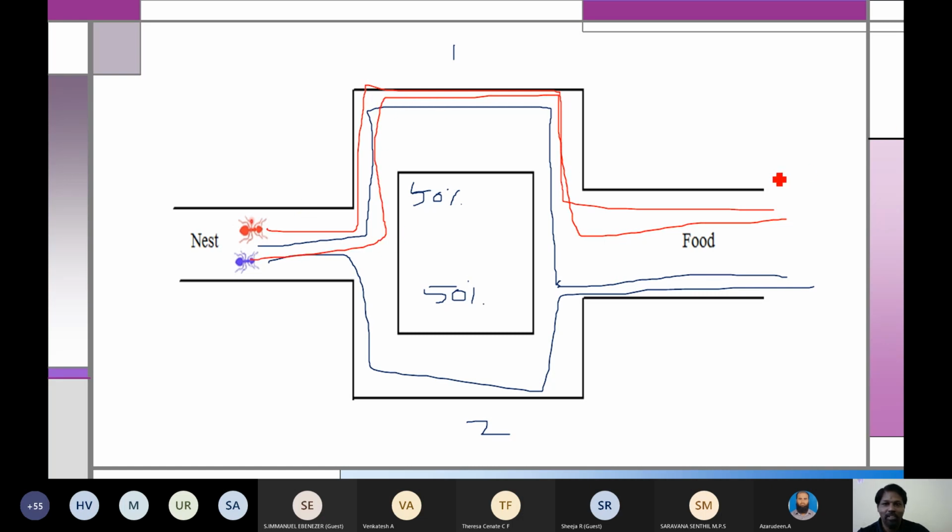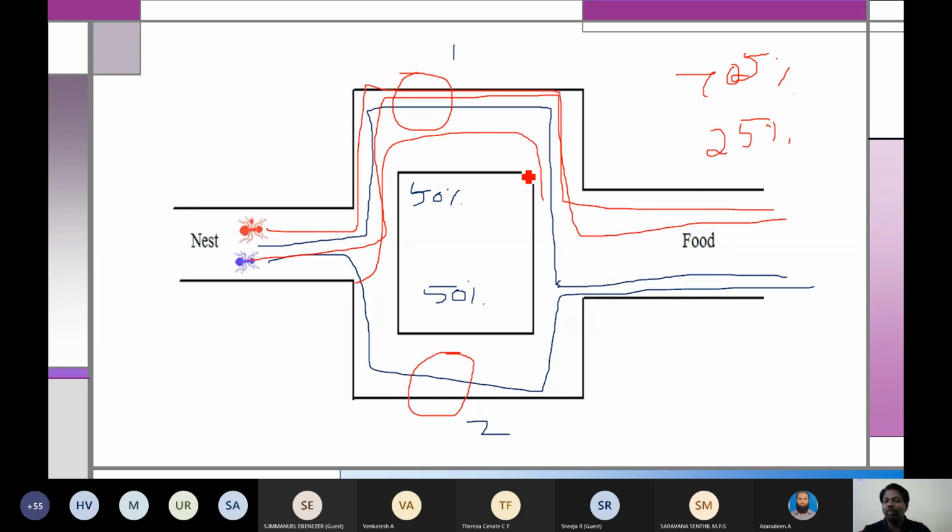Now the first round is over. When the second round comes and they go to take food again, they can see that in the first path the pheromone content is much more, and in the second path it is much less. So the probability will change from 50-50 to, just as an example, 75-25, because in the first path 3 lines are there, so a lot of pheromones, while in the second path only 1 line is there, less pheromone, and pheromones will evaporate. So again these ants will take this path only.